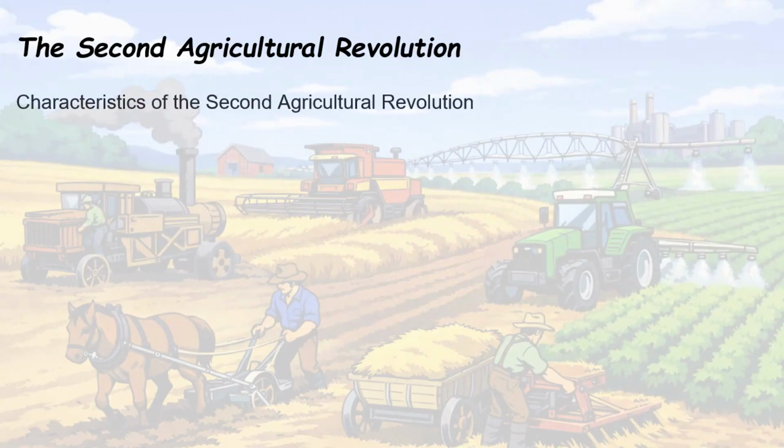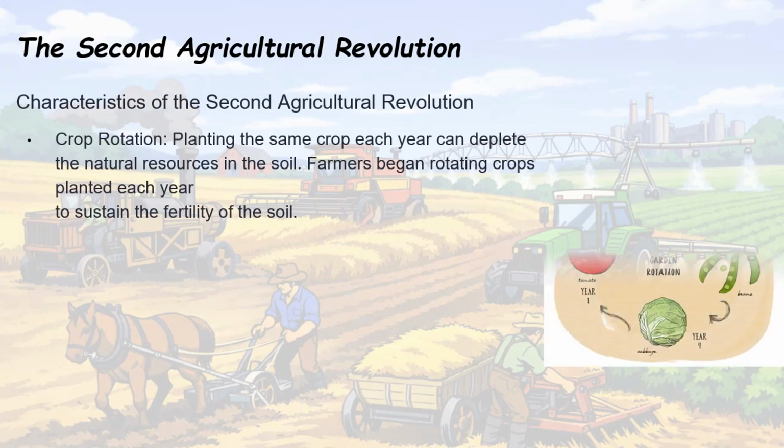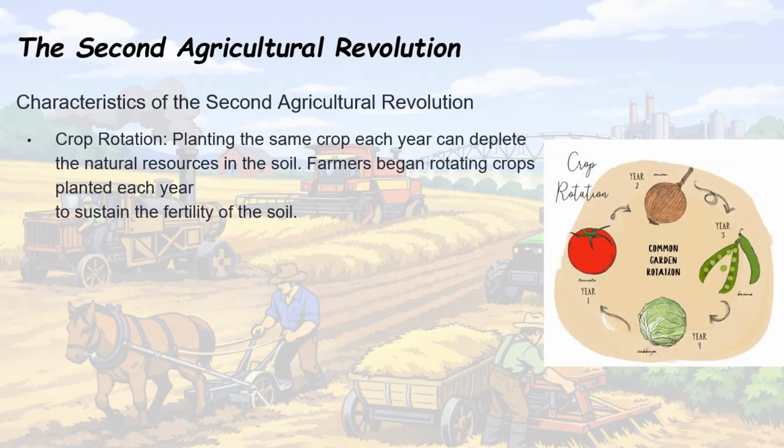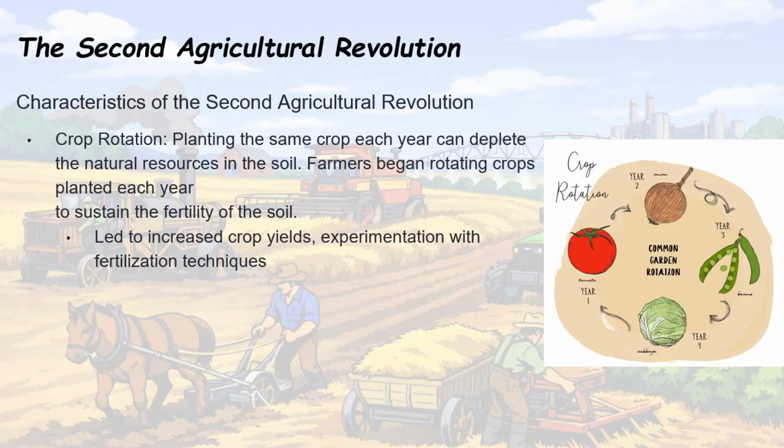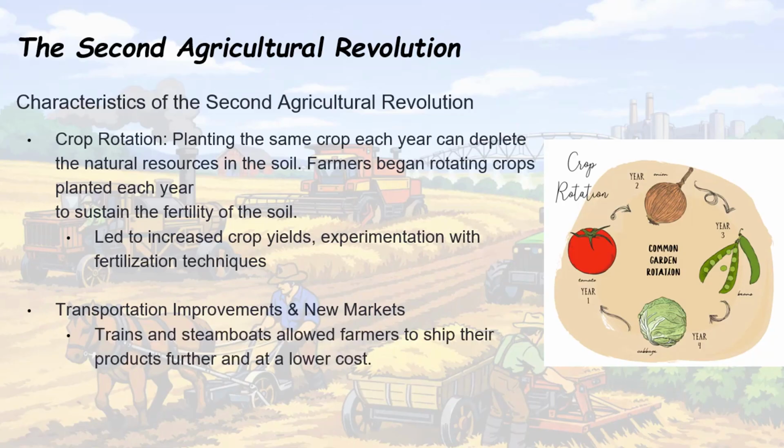Farming did not just get smarter, it got strategic. One major upgrade during the Second Agricultural Revolution was crop rotation. Look at the diagram on the right. Tomatoes one year, onions the next, then beans, then cabbage. Instead of planting the same crop over and over until the soil is exhausted, farmers rotate crops to protect soil